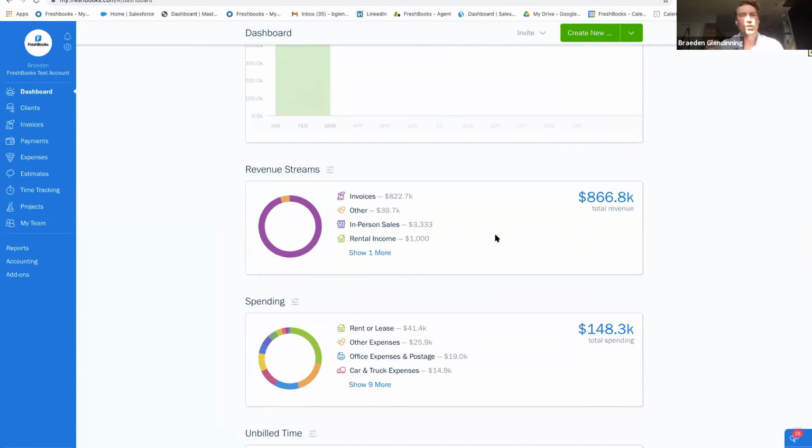So obviously, hopefully there's a paper trail for some of the services that you're providing. But of course, if there's in-person sales, if there's online sales, if there's stuff that's not captured by an invoice for whatever reason, you can of course record that in the system to ensure that you're capturing everything that's coming